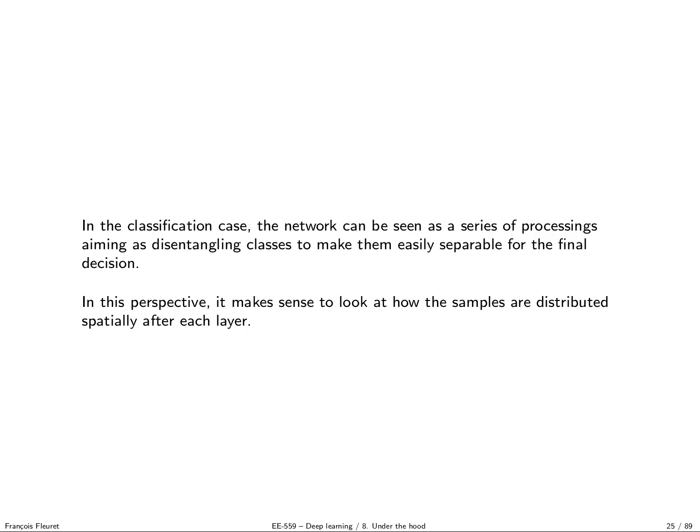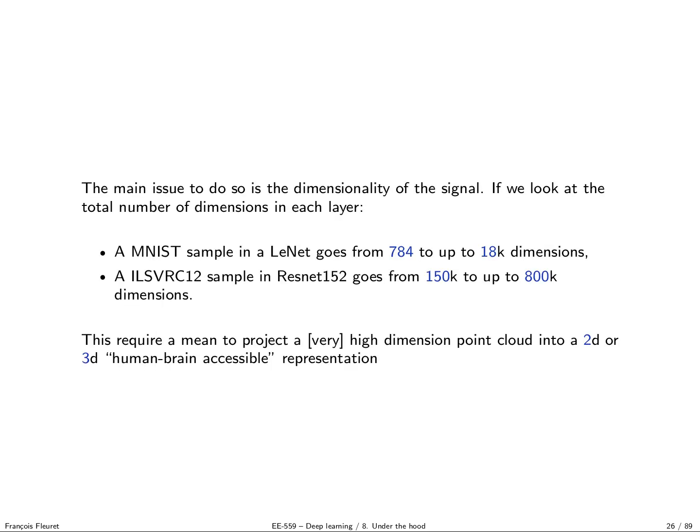So what we can do to make this more concrete and to have a representation that may clarify this intuition is now to look not at the activation on a single sample, but at the activation of a population of samples, and to see what the shapes of those populations are in the space. The problem we have to face is a sort of curse of dimensionality, which in that case is the fact that human brains are not tuned to visualize stuff in more than 2 or 3 dimensions.